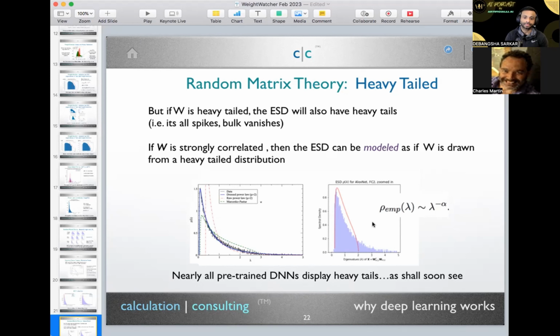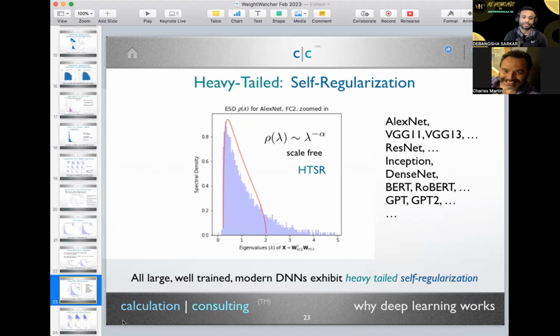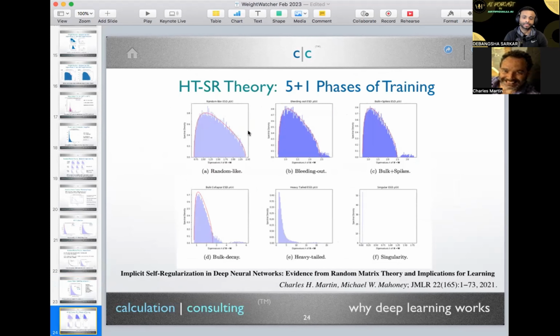Again, we've looked at dozens and hundreds of models. They all look like this, to one extent or another. We think the amount of power law structure is a quality metric for the layer. And in the paper, we call this the 5+1 phases of training. Basically, it's a qualitative way of looking at a layer and trying to understand, okay, is it heavy-tailed or not? And the WeightWatcher tool will try to do this fit for you and help you identify the layers.